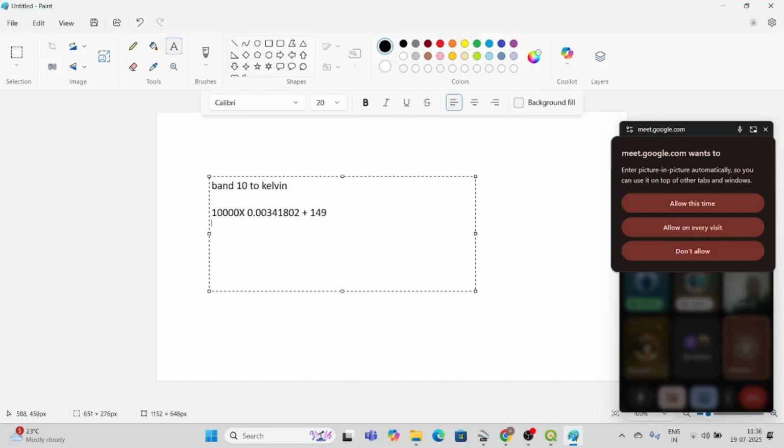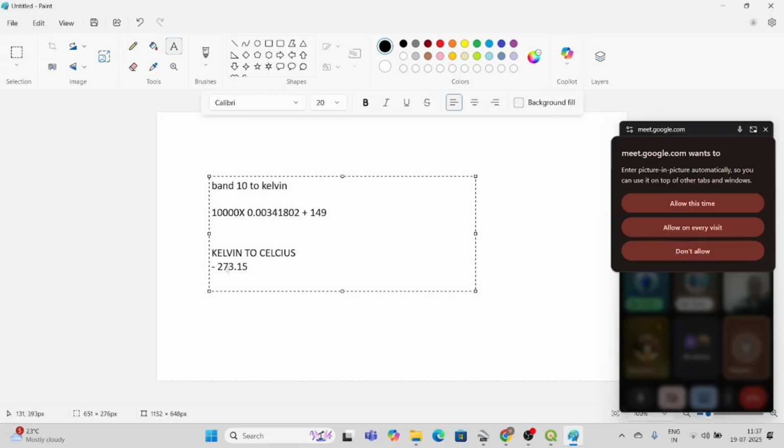So I'm changing band 10 to Kelvin first of all, and after that I'm converting Kelvin to Celsius. For Kelvin to Celsius, I am subtracting 273.15.